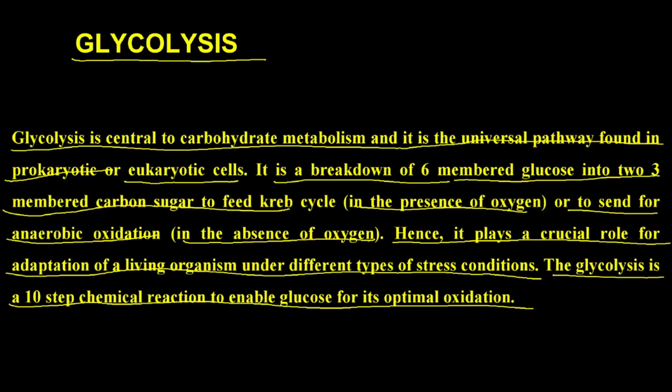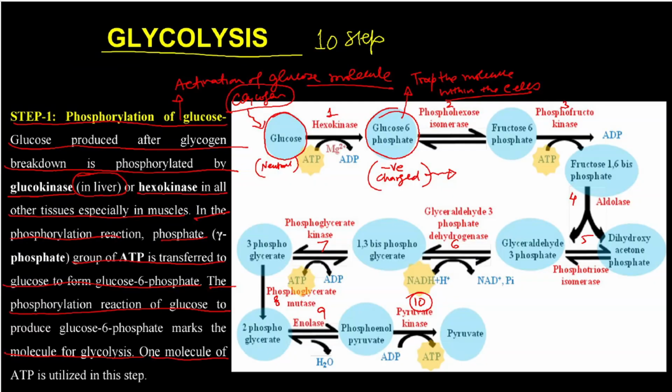So glycolysis is a 10 step chemical reaction to enable glucose for its optimal oxidation and to produce the maximum amount of energy that can be generated from a single glucose molecule. So the steps involved in glycolysis are,